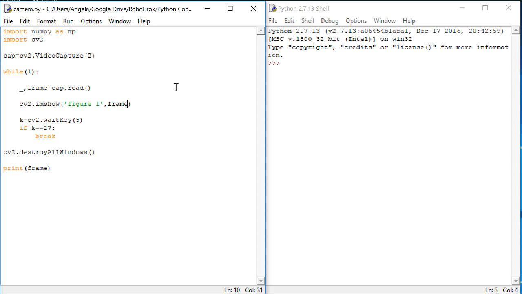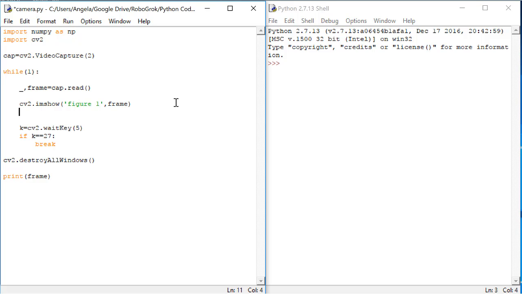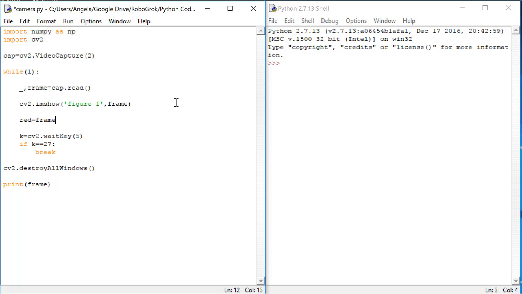We already have a variable called frame that holds a single RGB picture. We want to get the individual parts out of this one matrix representing each of the colors. So in Python, here's how we split one matrix up into several different matrices. We'll create a variable called red, and that will be equal to frame, and then square bracket, colon, that will pull out all of the rows, comma, colon, that will pull out all of the columns, and